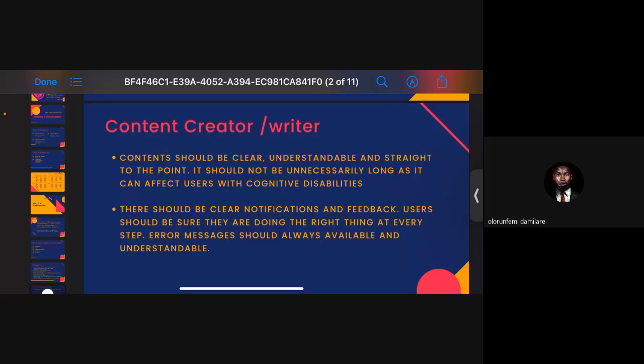I want to believe there are UX writers here and designers as well, right? For the UX writers, copies, right? When they click on delete, let them know that, okay, this has been deleted, and give them an opportunity to undo it, right? Feedback. Users like feedback.